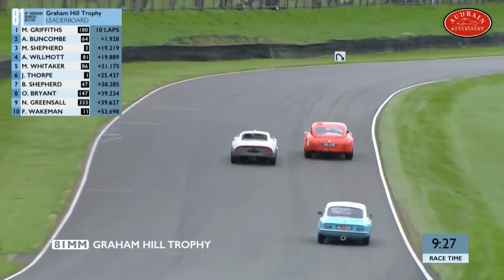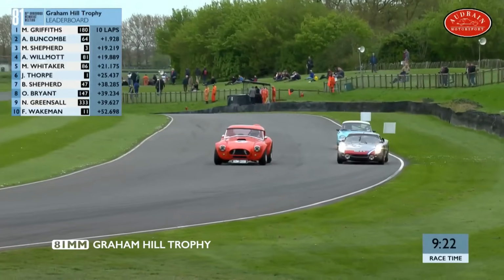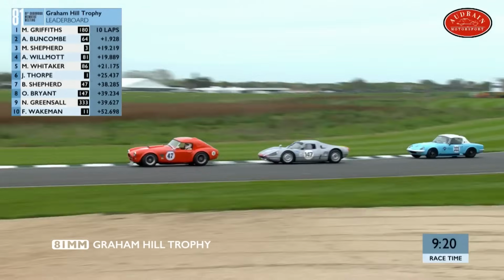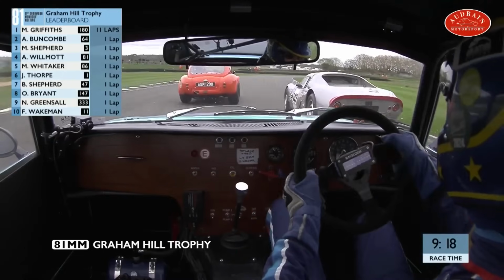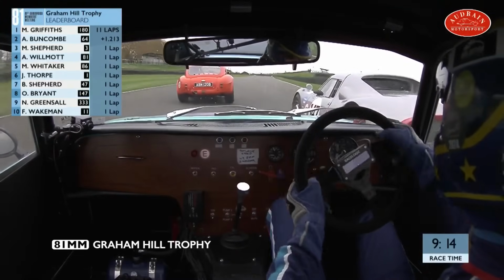When you look across a driver's CV, lots of drivers win races, but very few win championships, and even fewer win multiple championships. So Nigel Greensall certainly has had an illustrious career thus far. Yeah, and over 100 lap records in his career as well. Not that they all still hold, of course, but he's taken...